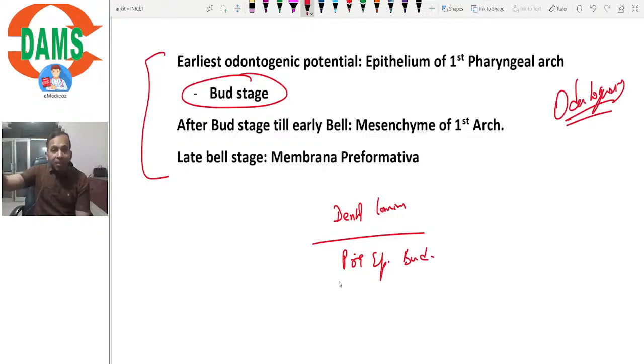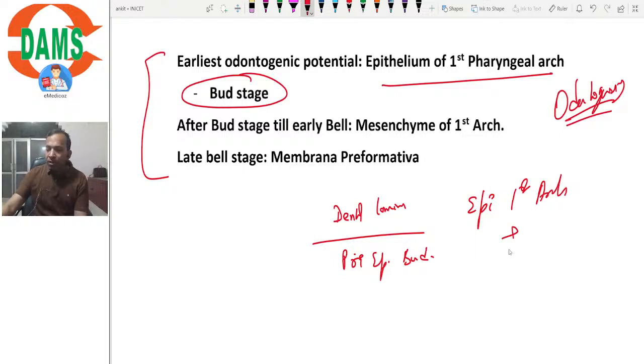So first of all, the primary epithelial band will establish. Then this primary epithelial band will proliferate to form the dental lamina and the vestibular lamina. So along these stages, it is the epithelium of the first pharyngeal arch that retains the odontogenic potential. So what it means is, if we take the epithelium of the first arch and fuse it with the mesenchyme